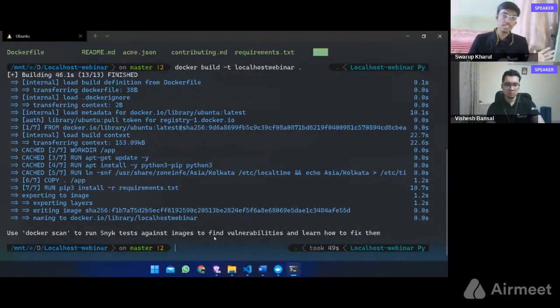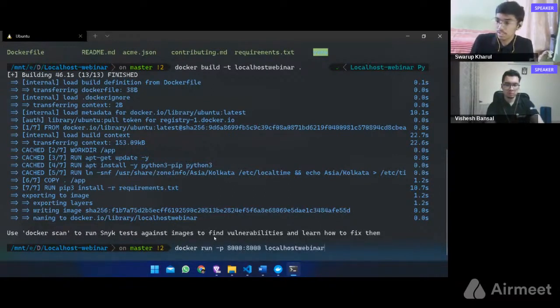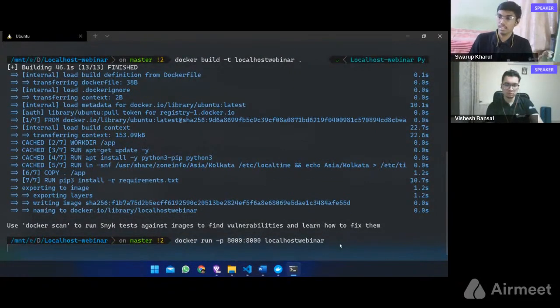Now our next step is to run this image in a container. So for that, we'll use docker run with the port option. We'll specify a port which is 8000. What does this mean? As you know, we have exposed 8000 port from a container, so we have to link that port to our local machine's 8000 port. So this is our local machine's 8000 port, and this is the container's 8000 port. We are linking it, and then the image name. Okay, I will run it.